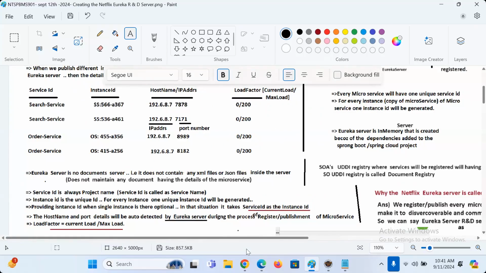Now tell me how many instances of that service I deployed? 3. Project name is the service ID, but instance ID is a randomly generated one. So for one microservice project, one service ID is there and 3 instance IDs are there.